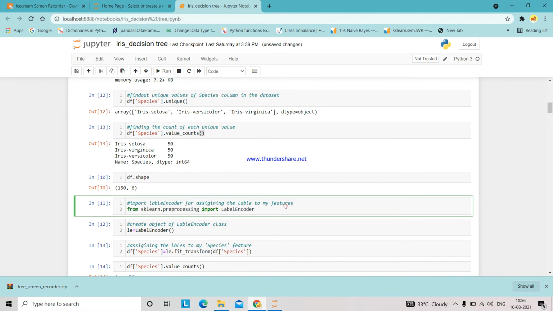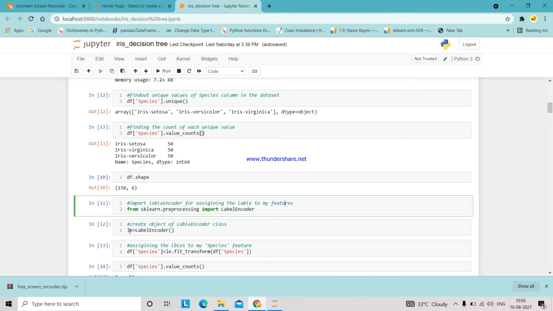Next I want to convert the species type. Actually, I want to convert this species type from object type to int type. For that I am using the label encoder from sklearn. For that purpose I am importing the LabelEncoder class from sklearn.preprocessing. Here le is the object of the LabelEncoder class.